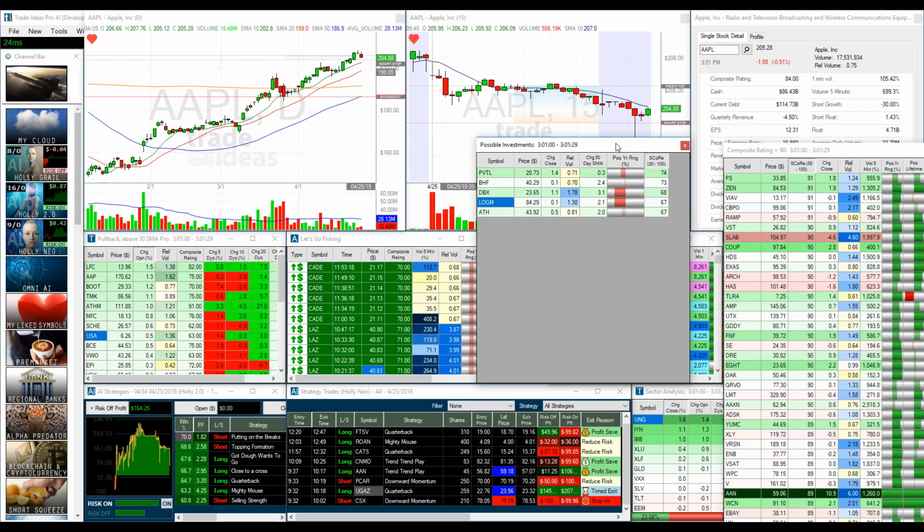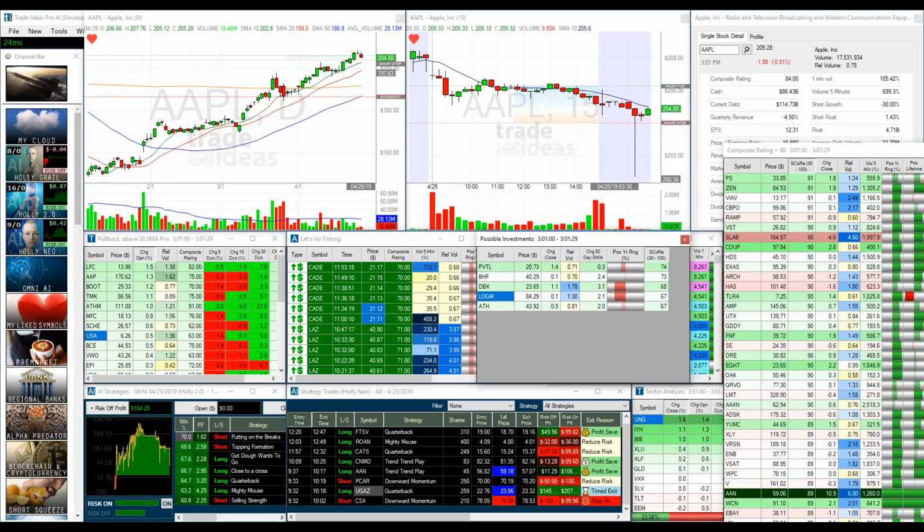It's nice to have a little tool, and once again, check out the Let's Go Fishing. That's going to be a good one as well. What I like about this one is that with the stuff coming through Let's Go Fishing, this could be some kind of skeptical stuff coming through. We don't know that these at one time traded at all-time highs and had a really high score. Using this example, I think you can really put some quality stocks in there and look for that opportunity.